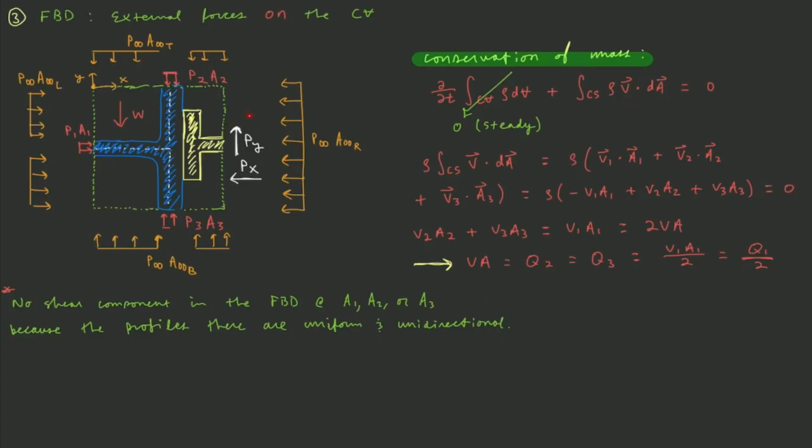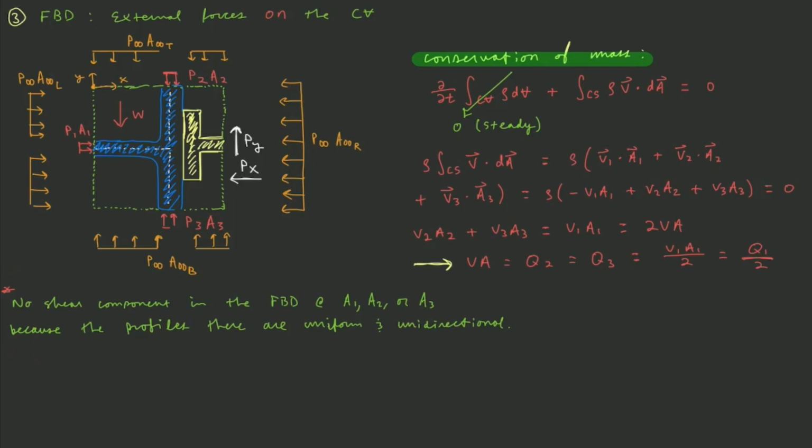We have our reaction forces that go through this flat plate. As we cut this flat plate with the control volume, we have a horizontal reaction force Px and a vertical reaction force Py. We also have the weight of the assembly, which we're going to neglect. One thing to note here is we have no shear components in the free body diagram at A1, A2,